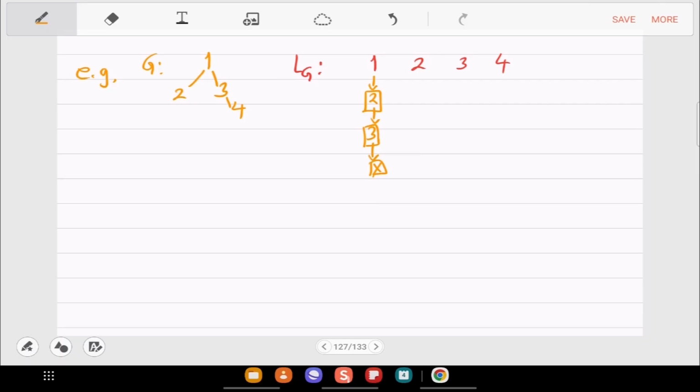In 2 you will have just 1 pointing to the null. What about 3? So you'll have 1 and 4, right? So you can have them in any order. And 4,